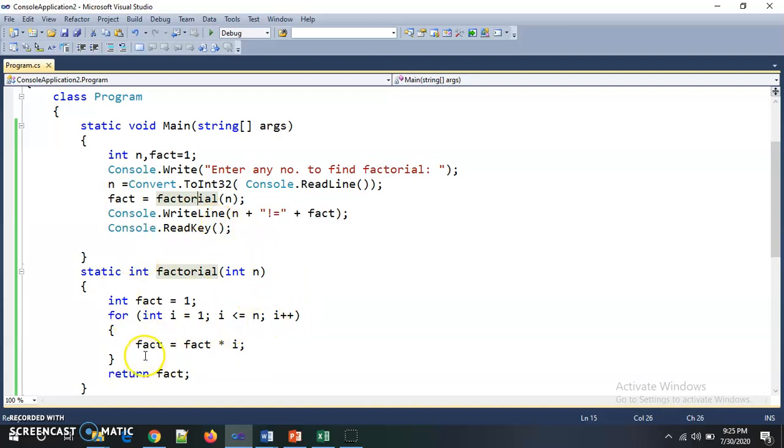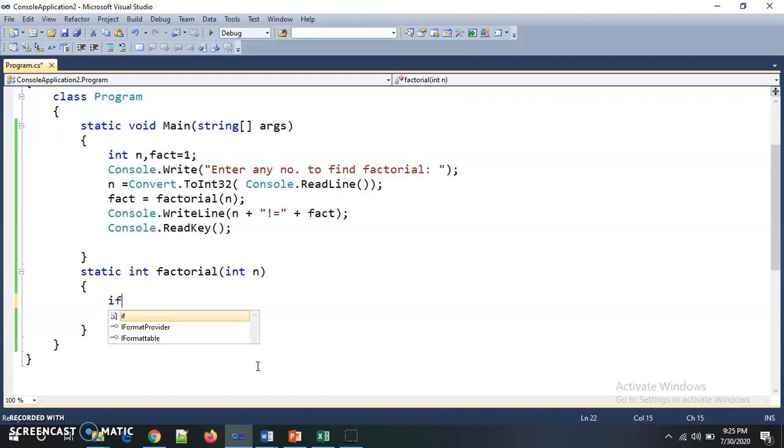We can do this program using recursion also. For recursion, we change some logic inside this function. What does recursion mean? A function calling itself is called recursion. Now the same program we can rewrite by using recursion. If n is exactly equal to 1, then return 1. Otherwise, else we need to return